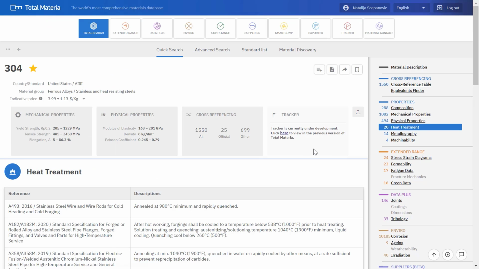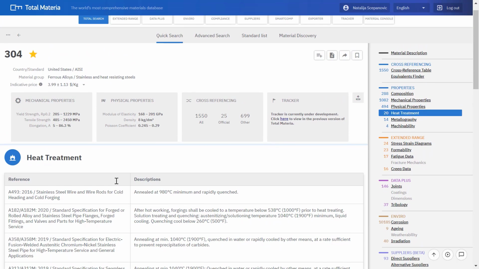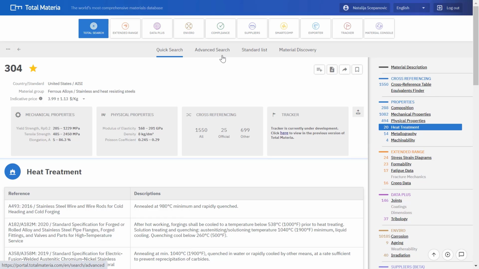Now we're going to go under heat treatment. For this specific material, we don't have any heat treatment diagrams. But as you remember, under advanced search, we could actually utilize heat treatment by finding a material that has all the different types of heat treatment, not just heat treatment data from standards. So if we go to advanced search,